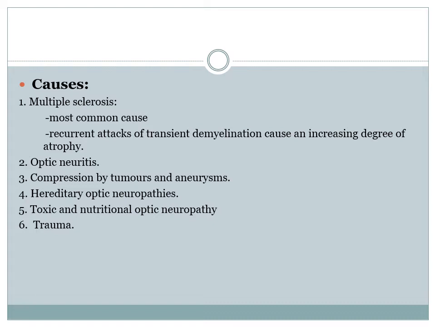There are some forms of hereditary optic neuropathies. At UG level I will not like to go into detail, but residents must find out what are the different types of hereditary optic neuropathies. Then toxic and nutritional optic neuropathy. Best example is ethyl alcohol or methyl alcohol poisoning, or you can have drug-induced problems, such as ethambutol-induced optic nerve problems, leading to toxic or nutritional optic neuropathy. They produce primary type of optic atrophy. Also trauma can produce primary type of optic atrophy.